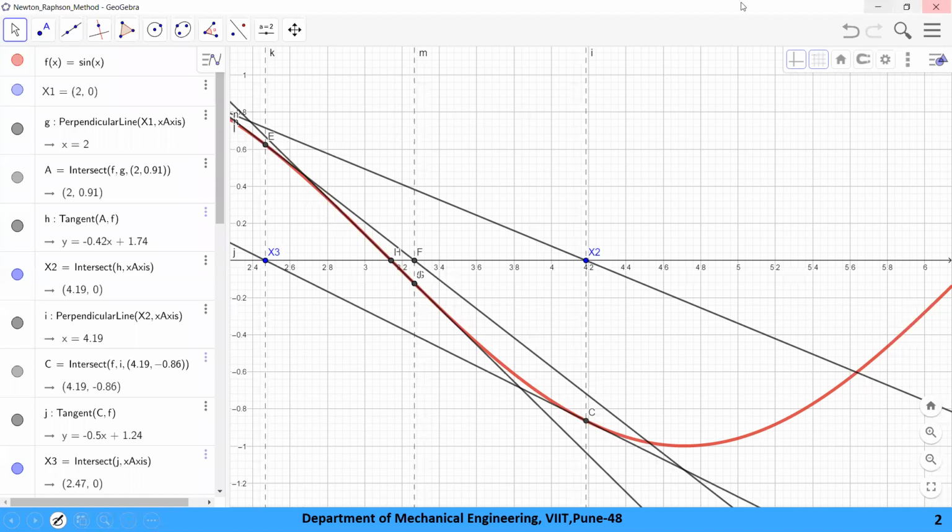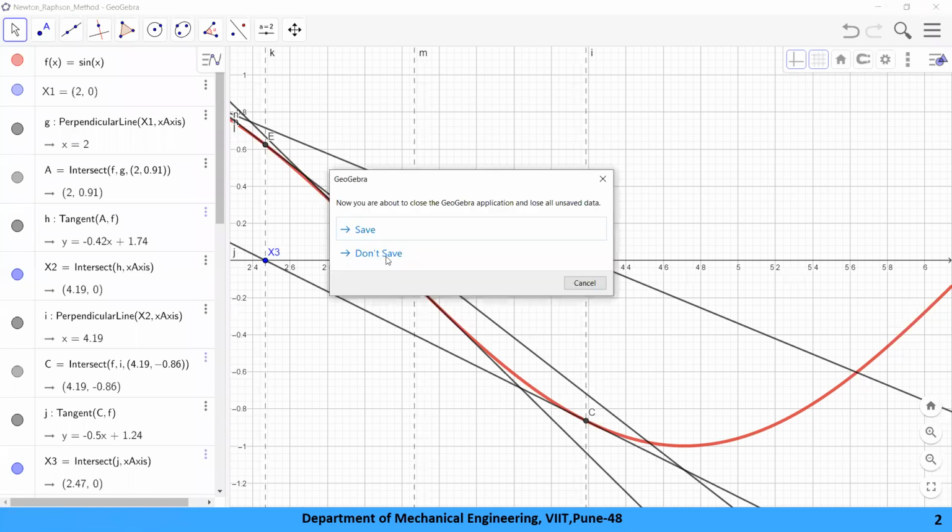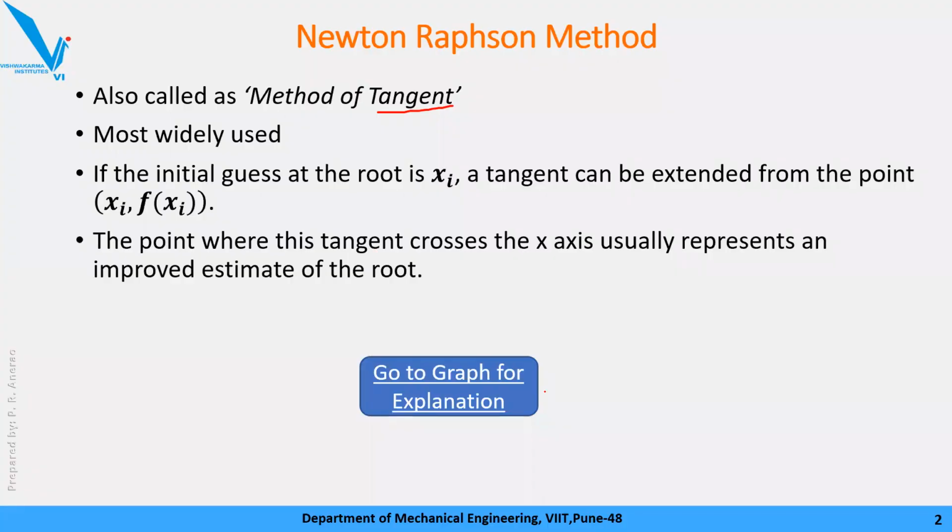So graphically you understood, but we have seen that we don't have the liberty of having a graph for each and every function. If you had a graph, you could easily find the root based on the graph. What we have is probably a computer, or a paper and pen with a calculator. So using mathematical formulation, we have to solve for the root using the Newton-Raphson method. So how to do that?